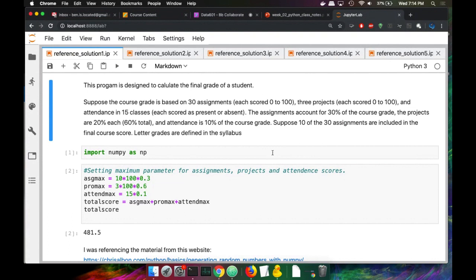Okay, so a couple comments about this solution. I really like the fact they used a markdown cell to have some commentary. Specifically, they restated the assignment. Now, why that would be useful is because then I know that they know what they're supposed to be doing